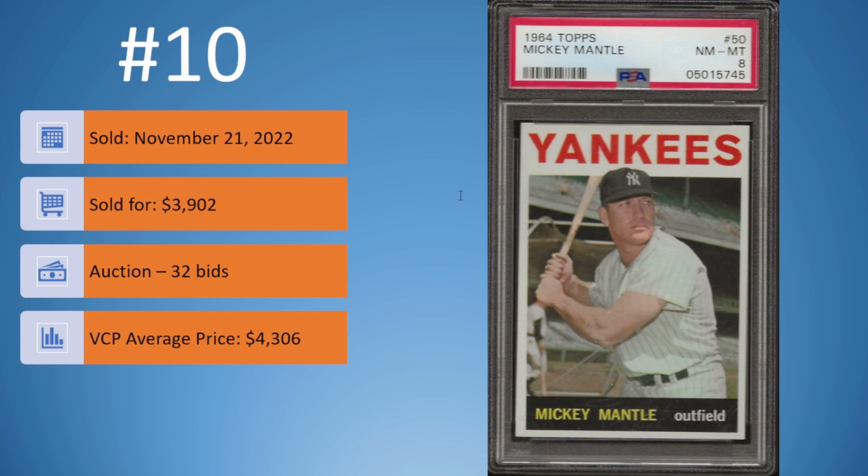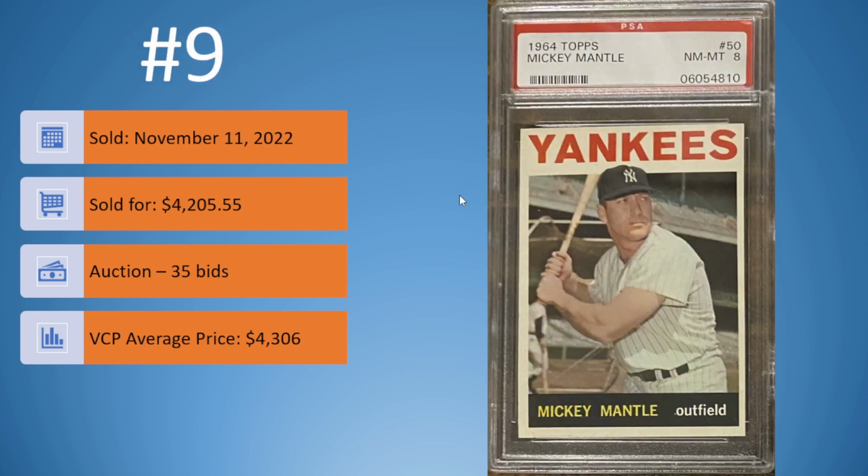Does look like a nice copy there for PSA 8. It is in a relatively old PSA holder. It did sell for less than the VCP average price of $4,306. At number 9, we have another 64 Topps Mickey Mantle, PSA 8, older slab, sold on November 11th for